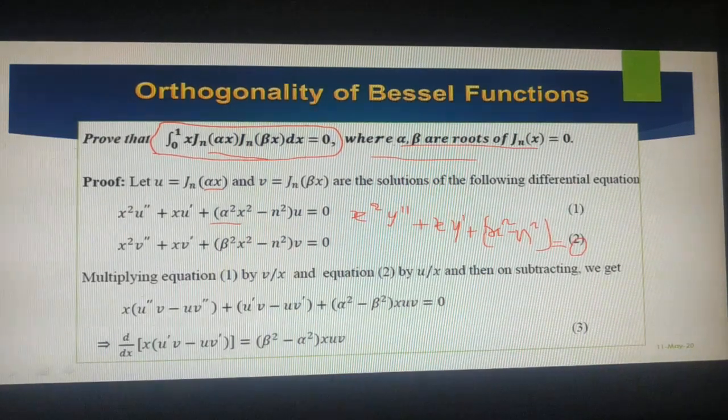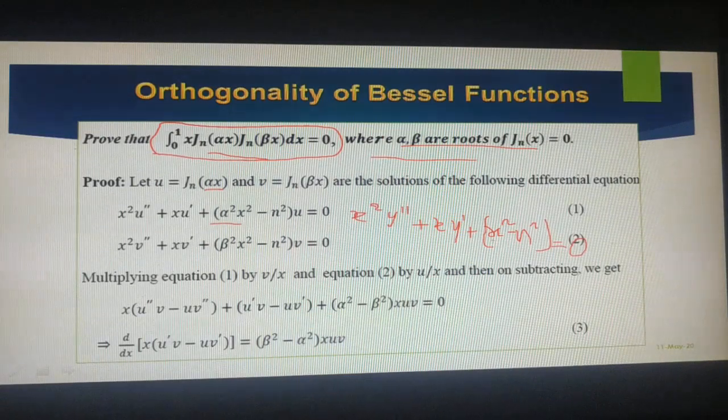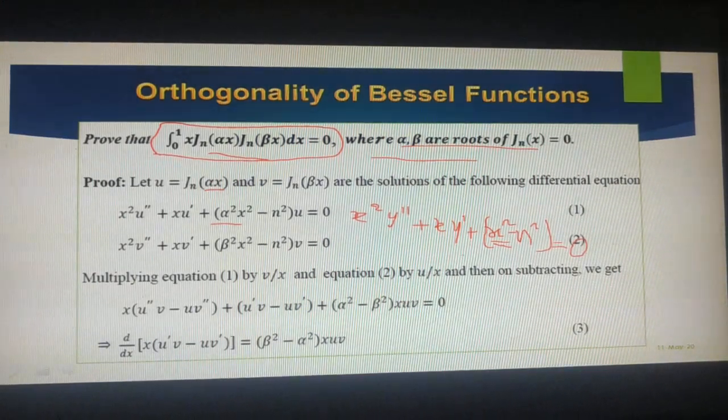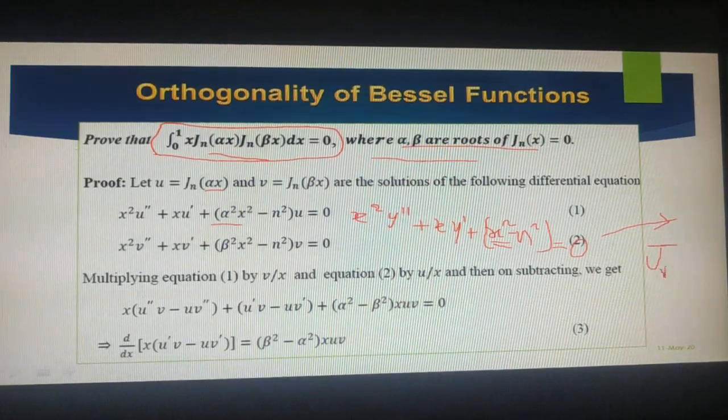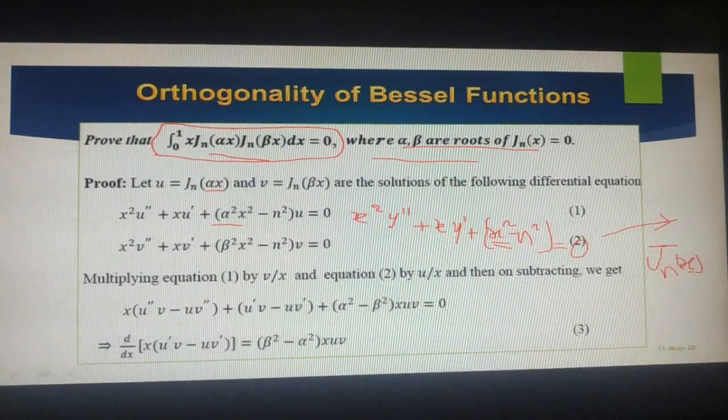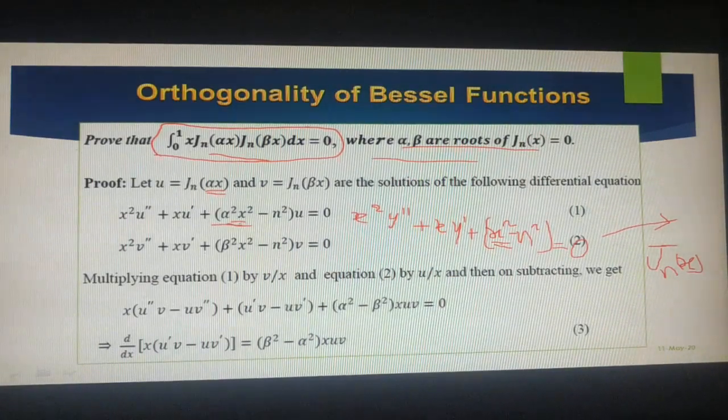Do you remember this? We got the solution for this Bessel equation. What is the solution we got? In terms of what did we write it? We wrote it in the form Jn of x, right? Now, in place of simply Jn of x, I am taking alpha times x. Definitely, in place of x, alpha x whole square has to be substituted, because it's a solution, so I have to substitute that value here.